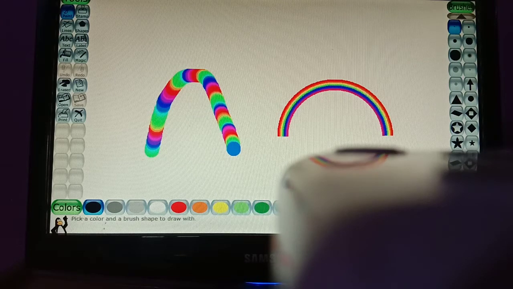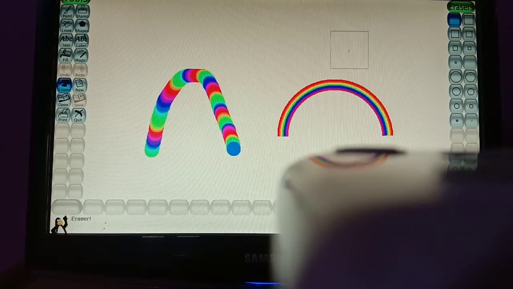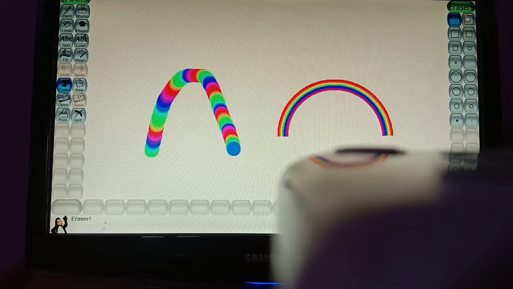So here is also an eraser tool. As you click on the tools, here you can click on the eraser option. As you click on the eraser option, the eraser sub tools are also available here, so you can click on these eraser sub tools. You can choose your size and shape of the eraser.